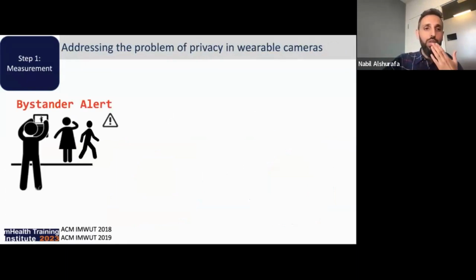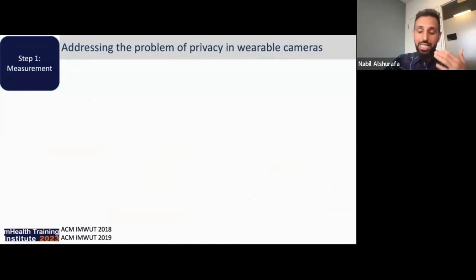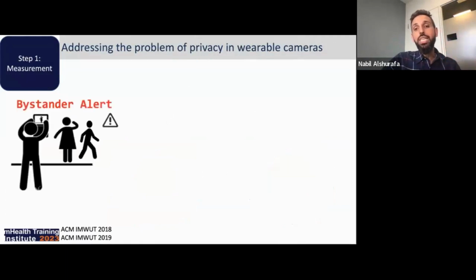All right, so now with all these studies that you're performing, some issues are going to arise. One example of an issue that came up for us is, not surprisingly, the bystander problem. I mean, you have a camera. A lot of people have concerns about wearing wearable cameras. And so we studied different sensors that can aid in detecting the foreground and obfuscating the background.